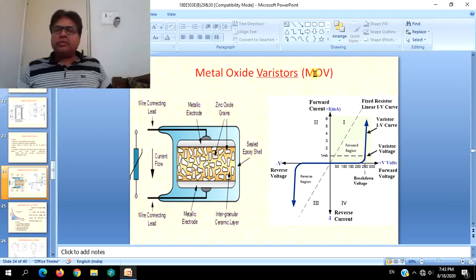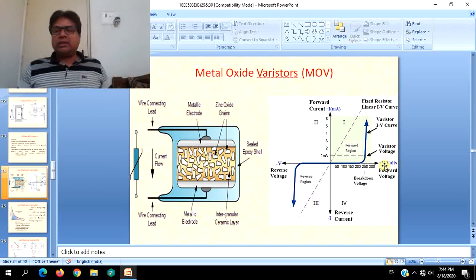So when you connect an MOV in parallel with the device to be protected, whenever a voltage spike or transient occurs, the resistance of this MOV will fall down to zero values, and whatever excess current may flow due to the spikes and transients will be flowing through the MOV. Thus, a diverting path will be provided, and it takes all the current till the total current is discharged, and it regains its shape. That is the beauty of this MOV.